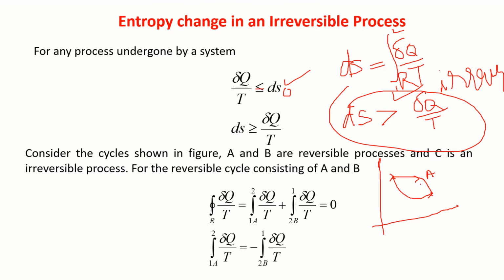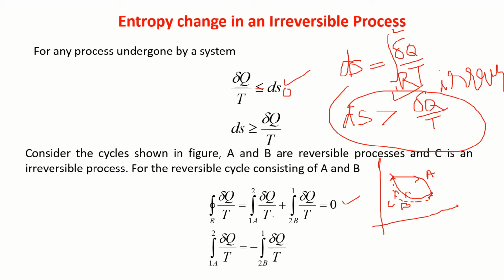Let us say A, B. So consider cycles shown in figure A and B are reversible processes, and C is an irreversible process. For the reversible cycle consisting of A and B, you know, cyclic integral of delta q by T must be